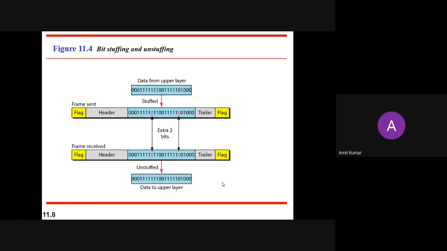The header will contain the same information, the source and destination address.